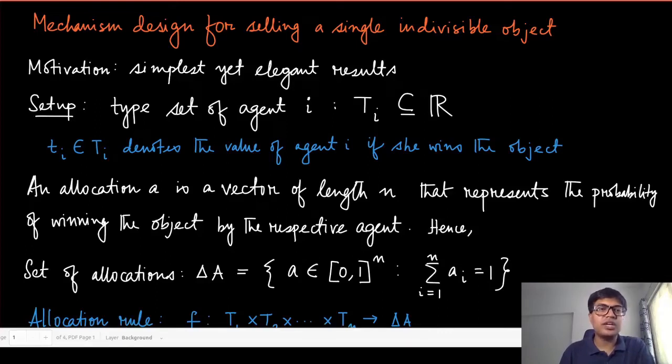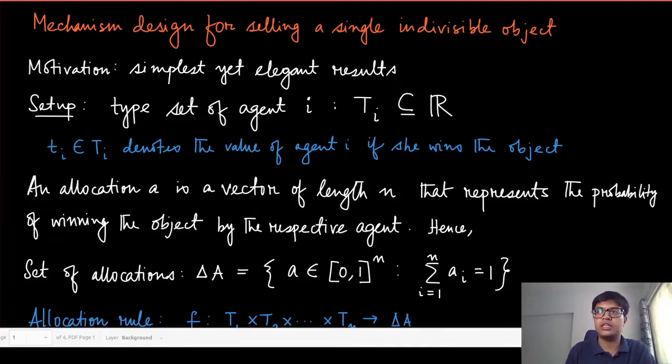Let us now start looking at a very simple yet insightful domain of mechanism design with transfers, and that domain is the domain of single indivisible object allocation. We have already seen one example, one mechanism which is truthful in this domain, namely the second price auction. But here we will not only try to characterize which other mechanisms are also truthful in the context of single indivisible object allocation. We will also try to maximize the revenue earned for the auctioneer while selling the single